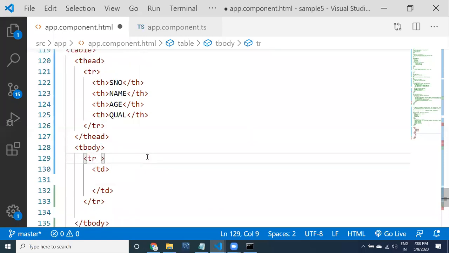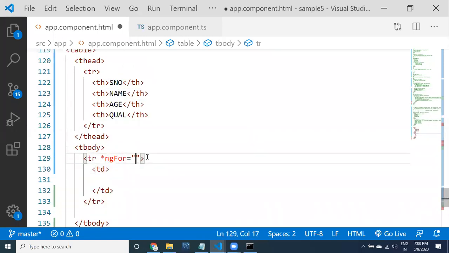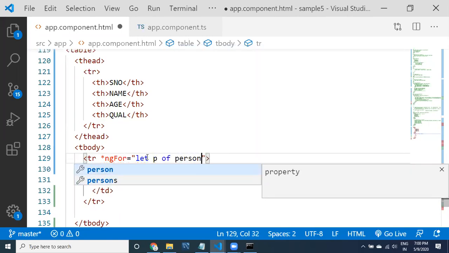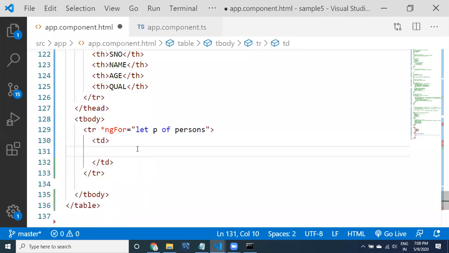To repeat the data, everybody knows what that is: simply star ng for equal to let p of persons.